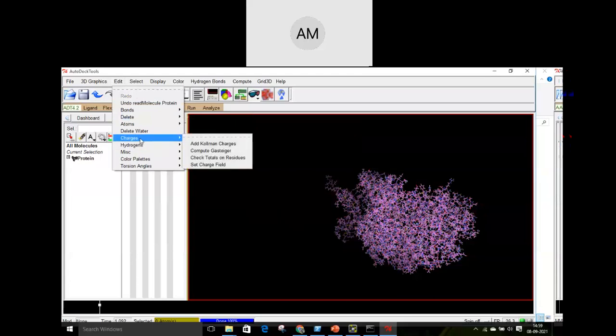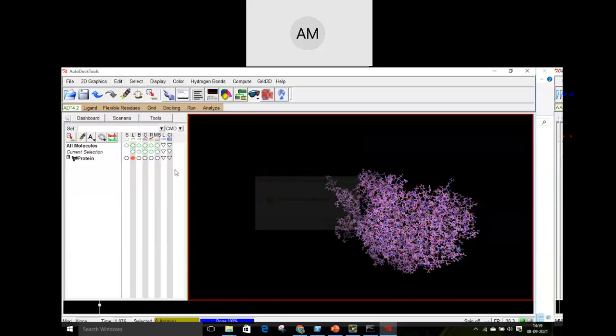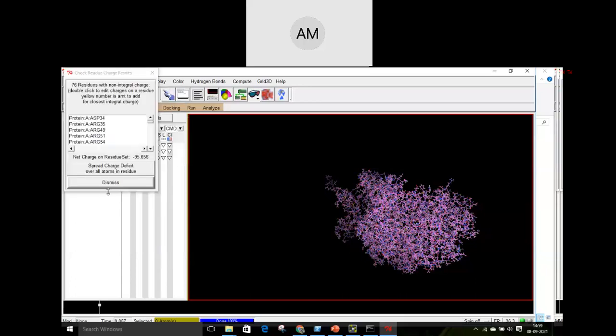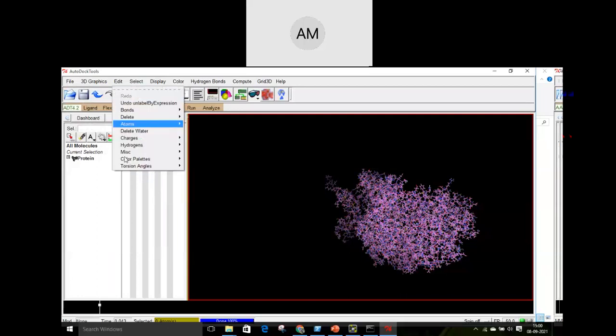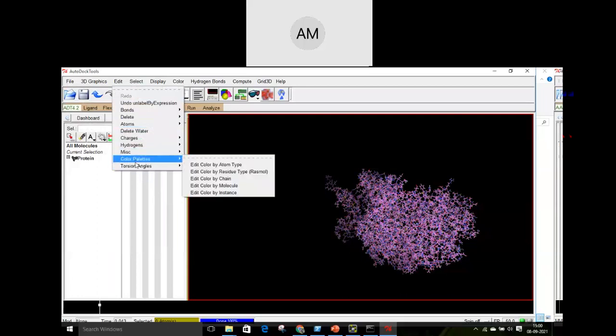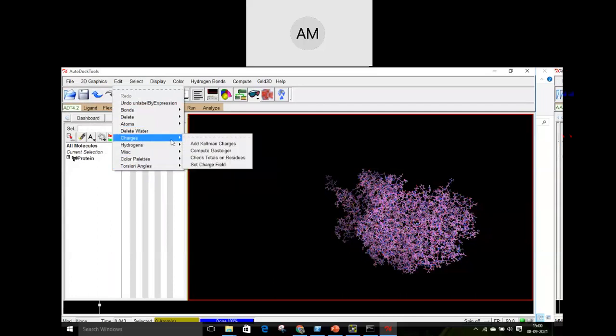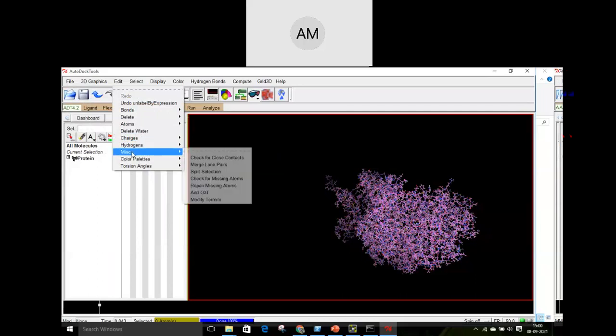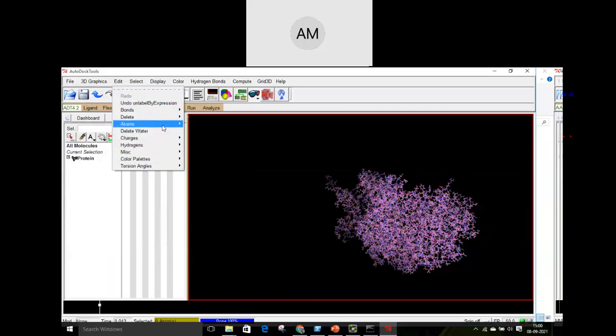Then we have to go to Charge and add Kollman charges. Click OK. Then we go to Charge and check the total residues, and dismiss. Then go to Charge, and go to Atoms and assign AD4 type. Now we have to save